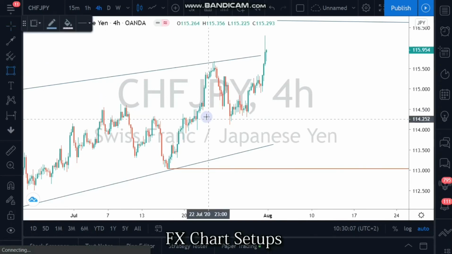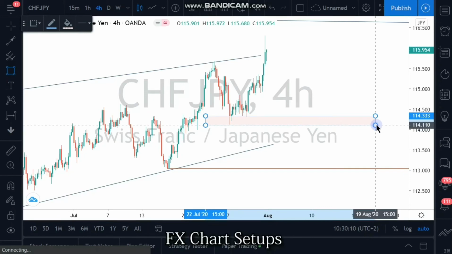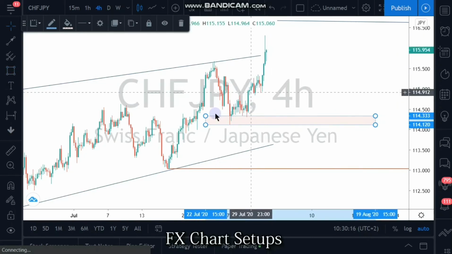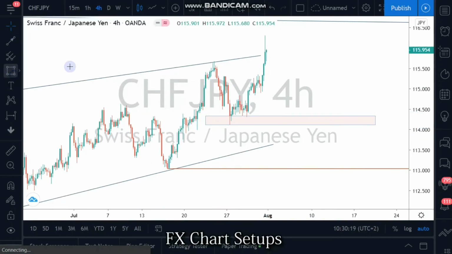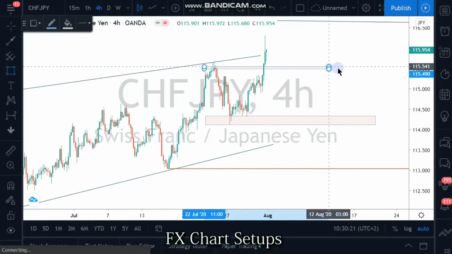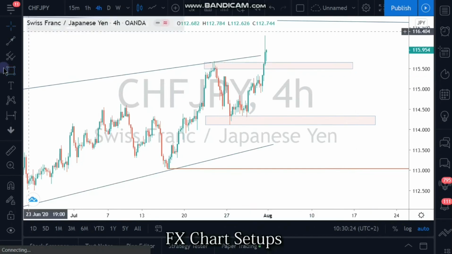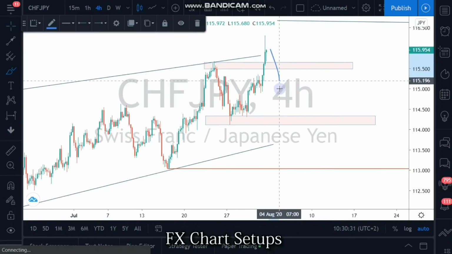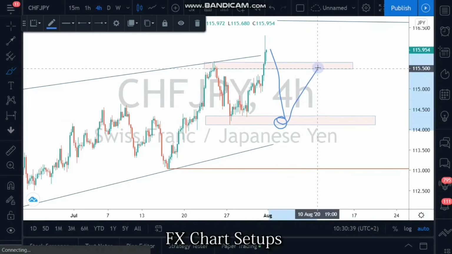Now we can see that we have some support here from the market. This is the area that the market last touched before we saw this big rally, and we also have a resistance over here. Going forward, what we hope to see is that this market essentially breaks back below this resistance here and finds support in this area, and we'll be looking for that upwards movement to complete our right shoulder. And in this area here, this is the area where we will have the best probabilities and the best risk reward